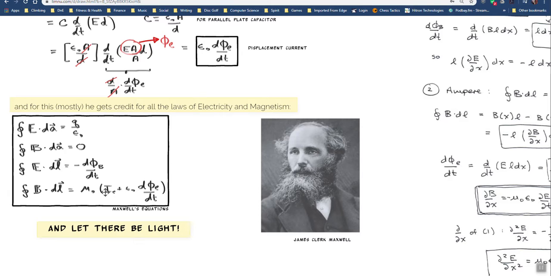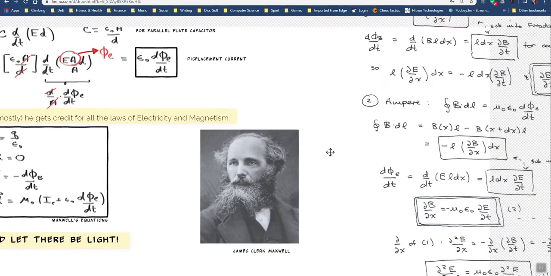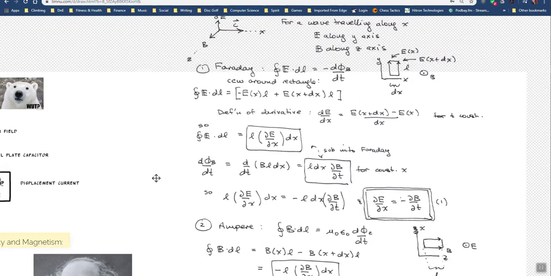we're in empty space, there's no conduction current. Then E dot dl equals the time rate of change of magnetic flux, which is very similar, in fact exactly symmetrical, to B dot dl equals mu naught epsilon naught times the time rate of change of the electric flux. So you see the symmetry between these equations now, especially in the absence of matter. They're exactly the same, except for these constants, mu naught, epsilon naught. So Maxwell realized that, and he,